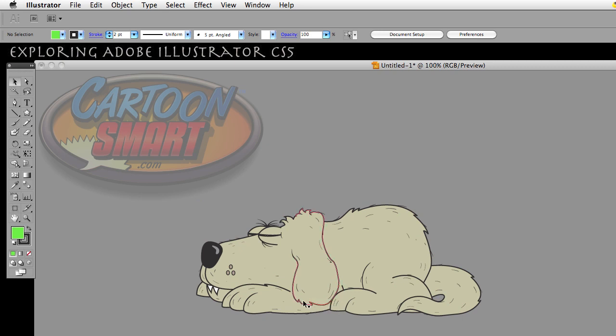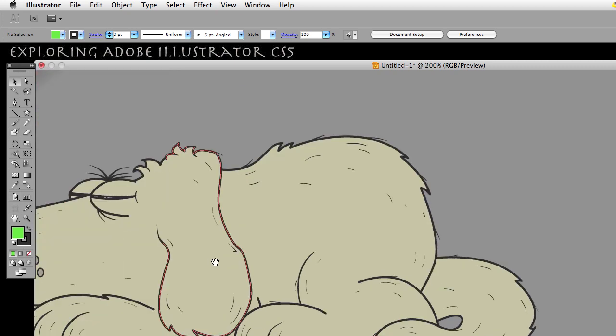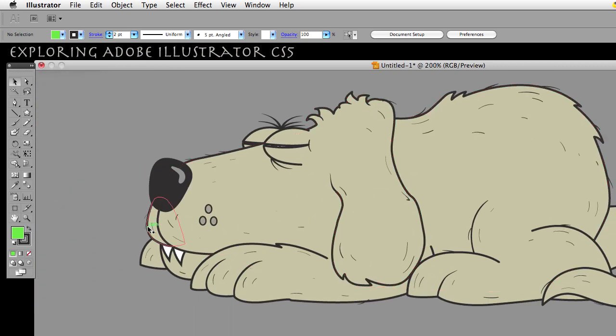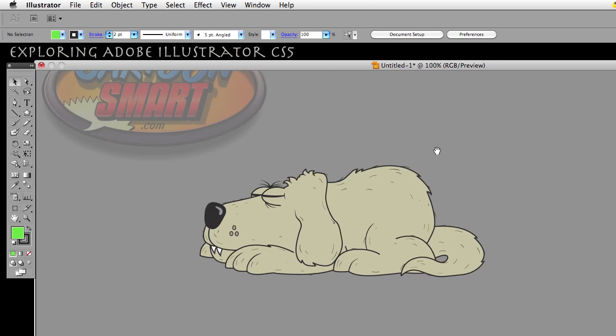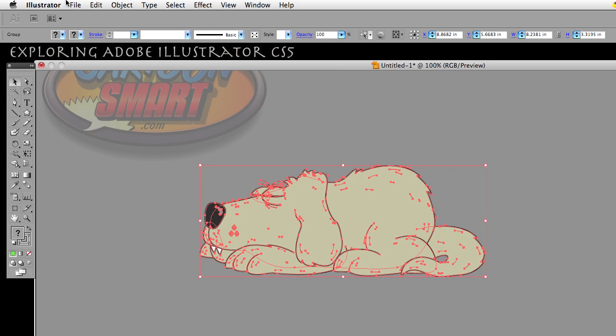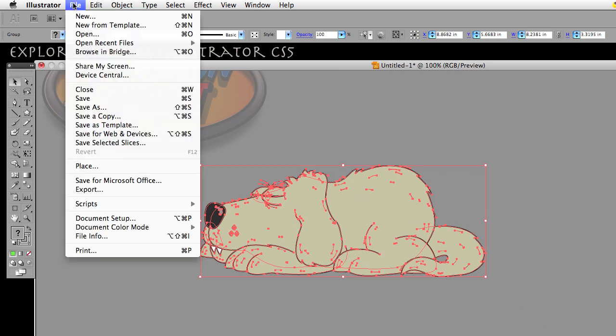So I want the stroke to be thicker, but I want it to be thicker proportionally. So these strokes on these little details on the dog's mouth are actually going to be smaller than the stroke. If I zoom in a little bit, we can probably see better. Okay, you see that the strokes on these parts of the dog are thicker than that. So in order to make all the strokes thicker proportionally, I can go ahead and select the dog and go to